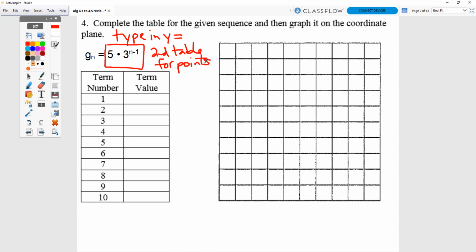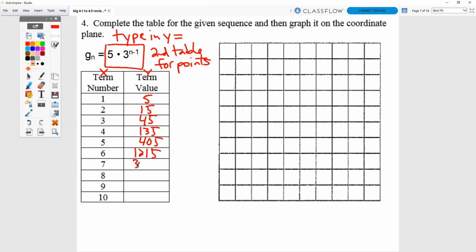So in your y equals, you're going to type in 5 times 3 caret n minus 1. And then you're going to hit second and table. When you hit second and table, these are your x values, these are your y values. You get 5, 15, 45, 135, 405,